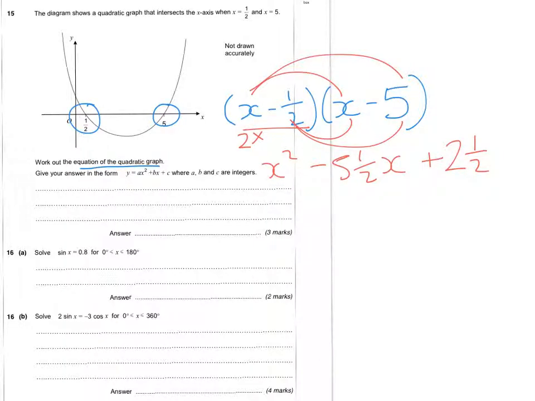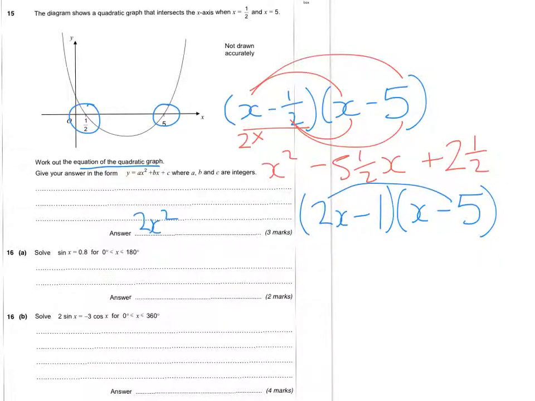That will still give me a solution of a half. So 2x minus 1, x minus 5. And then expand that, so I get 2x squared minus 10x minus x, minus 11x plus